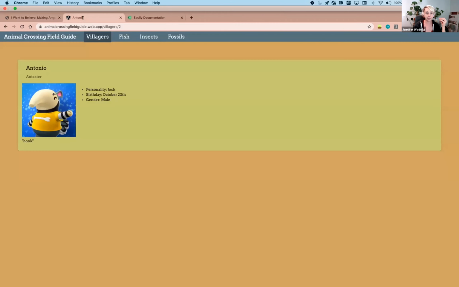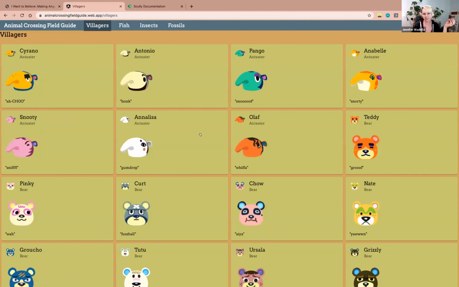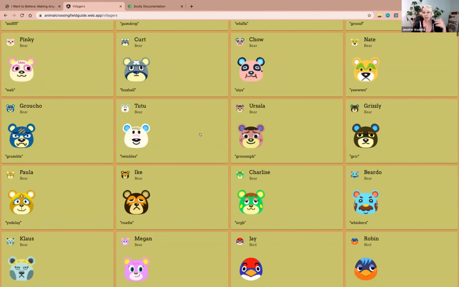In Animal Crossing, I think we have 315, 317, something like that, villagers, and they stay the same. Maybe if your company has products that are fairly consistent, where you're not making a lot of changes to them, you may not necessarily need to be hitting this API and recalling the data every time.